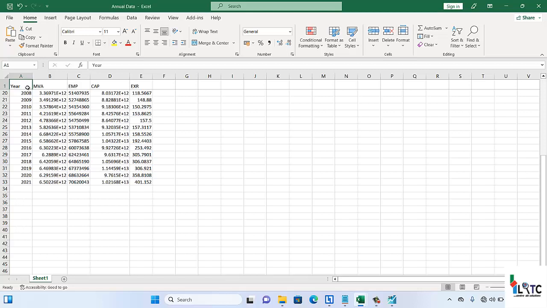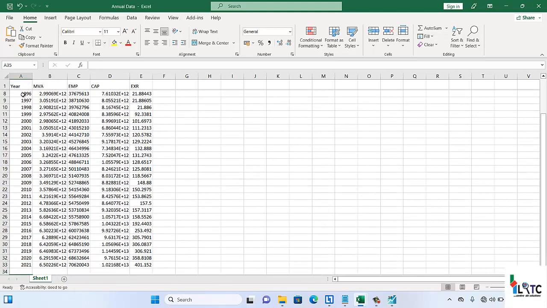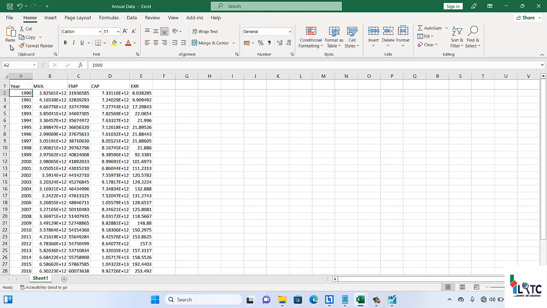Annual. And instead of having all those items added to the year as in the previous one, now I have just 1990. So this shows that my data start from 1990, and it is what? It is yearly data, it is annual data, and it ends in what? In 2021. So the first column is year,